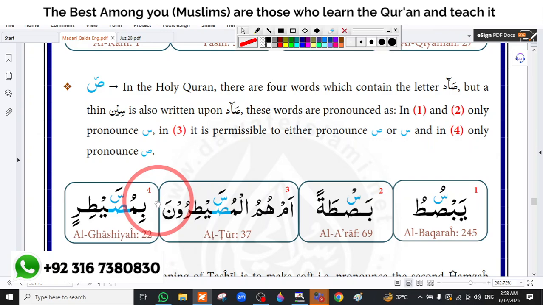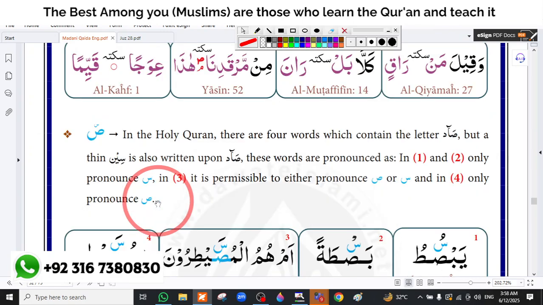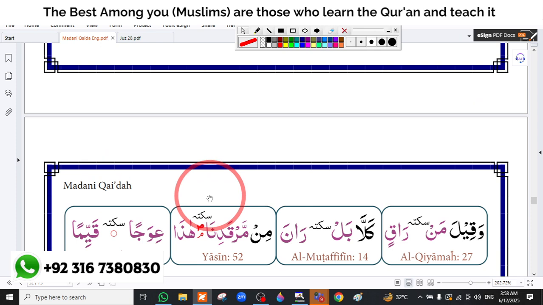Yes. Very good. Okay, the next rules we will do inshallah Azza wa Jal in the next session. Now, what will we do? Inshallah Azza wa Jal we will memorize. And which surah